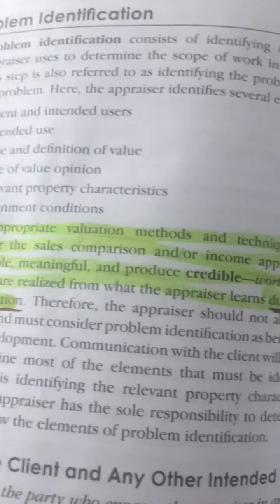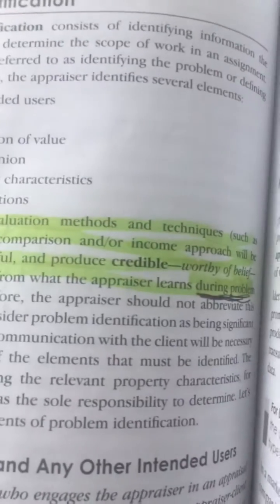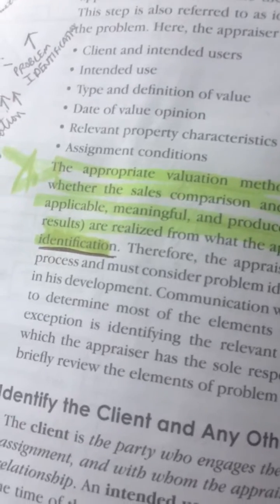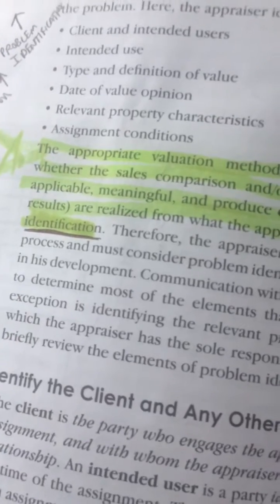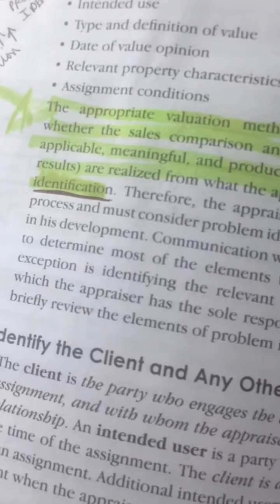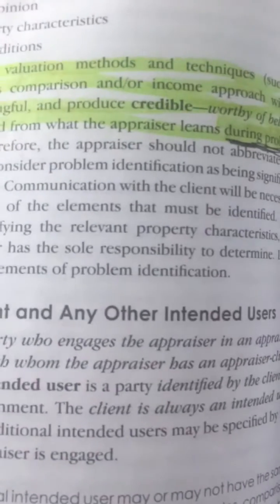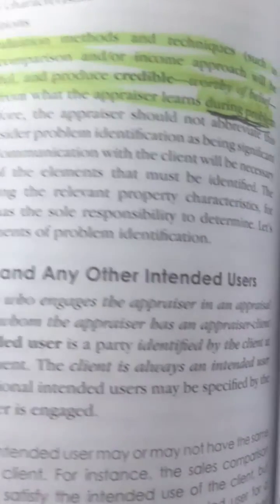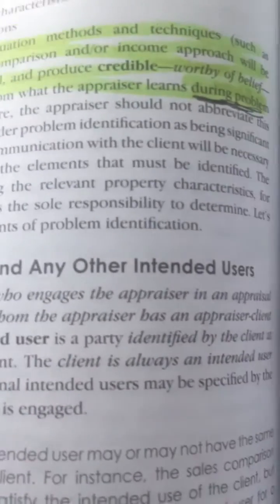This step is also referred to as identifying the problem or defining the problem. Here the appraiser identifies several elements: client and intended users, intended use, type and definition of value, date of value opinion, relevant property characteristics, assignment conditions, the appropriate valuation methods and techniques such as whether the sales comparison and/or income approach will be applicable, meaningful, and produce credible, worthy of belief results